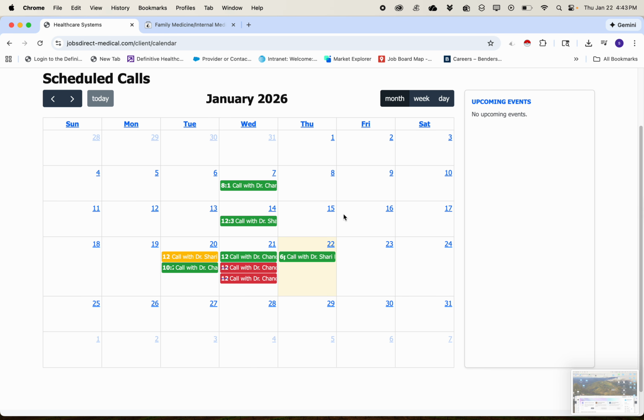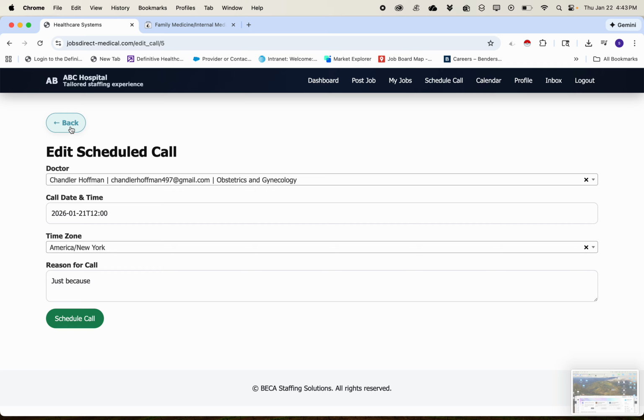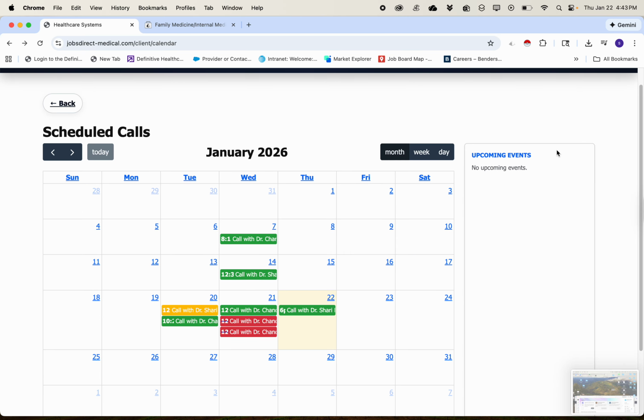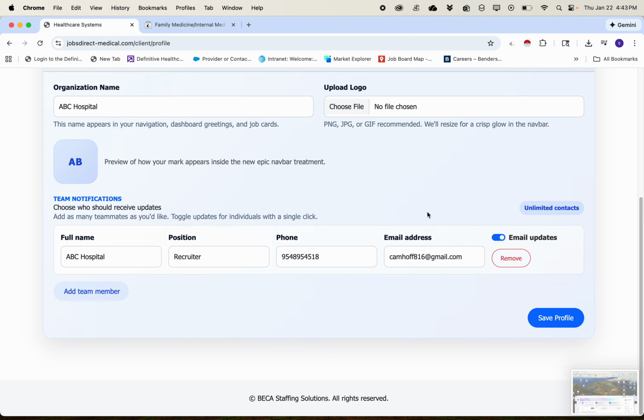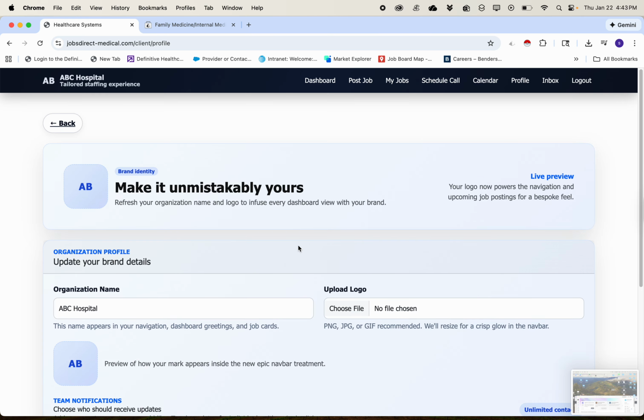We can also look back on our calendar and see any jobs. This is where we can edit any calls if any times don't work, and doctors will be notified again in their email inboxes, just as the people on your team will be notified as well of any changes. So that is